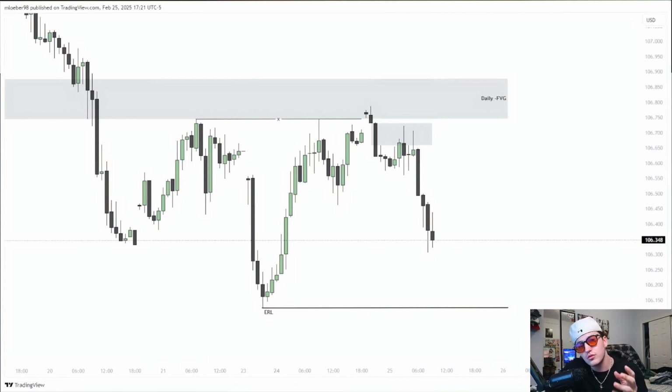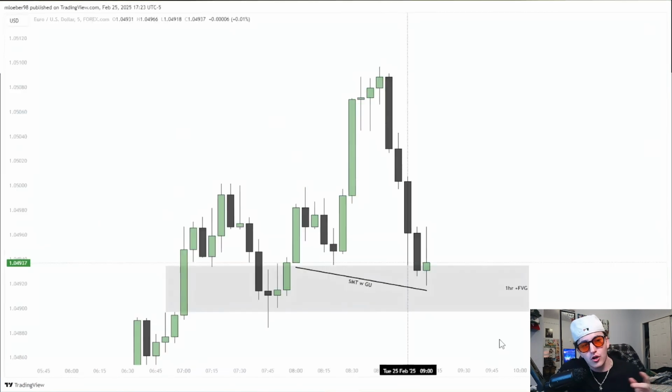Let's go to the execution time frame where we looked for our trade execution on Euro USD. When we were looking for our trade, we have step 1, the hourly gap, and step 2, the SMT with GBP USD. So now that we have this here, we're on warning mode. We're ready to look for a trade execution. But what do we have here specifically? This is where you guys will probably ask the questions. There was no CSD OB entry here. So when I saw that, and I saw that this candle here was a relative equal low with this candle here,